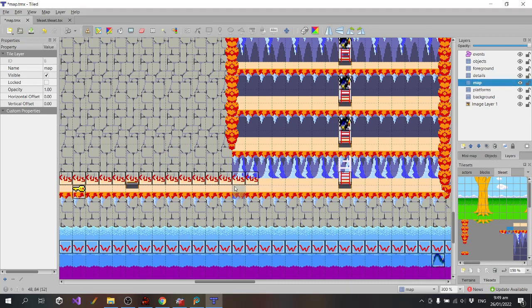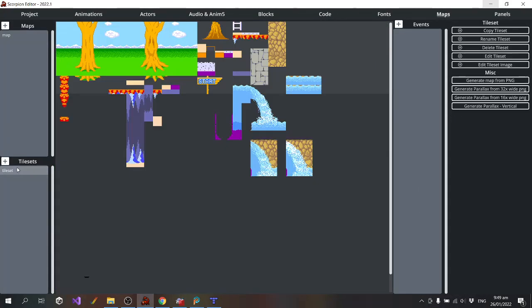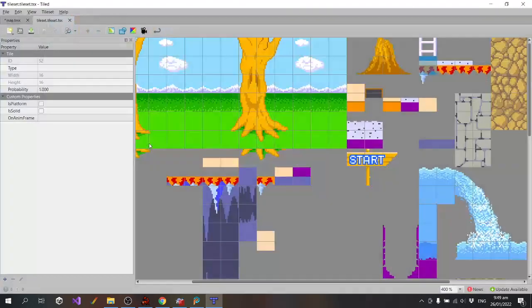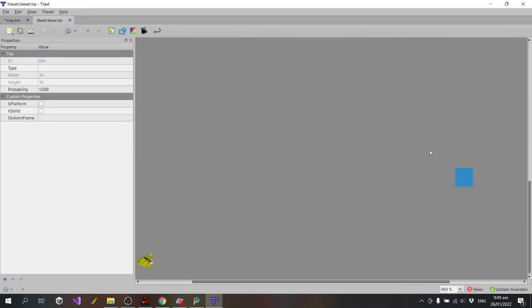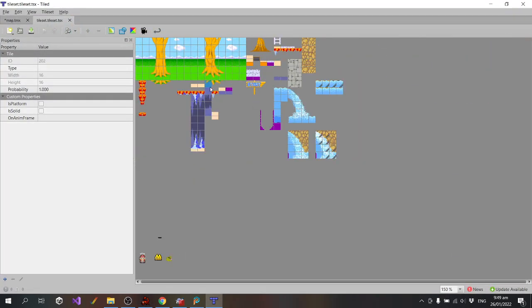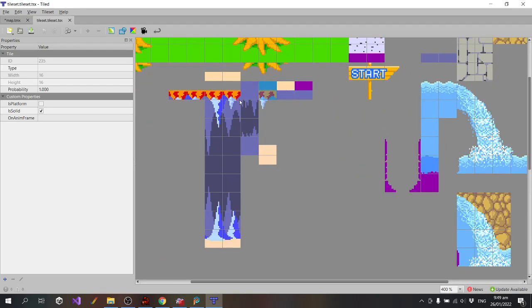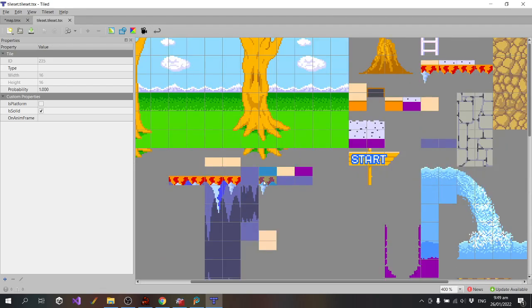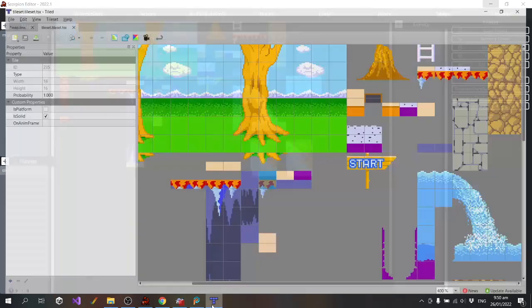Okay, if we go to map, tile 235. So what is tile 235? Okay, so that one is solid. So for some reason I'm not using that tile there.